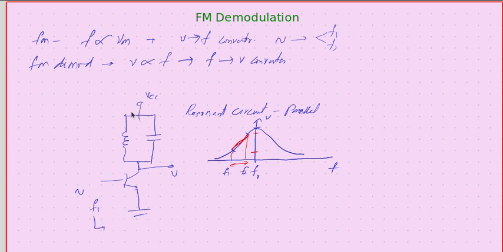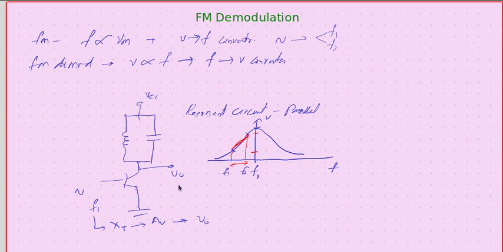the impedance of the tank circuit. The impedance of the tank circuit will decide the voltage gain of the amplifier, and the voltage gain of the amplifier in turn decides the output voltage we get. So the more frequency, the more impedance, the more impedance, the more gain, the more gain, the more will be the output. So we have converted simple frequency modulation into something called amplitude modulation, and we of course know how